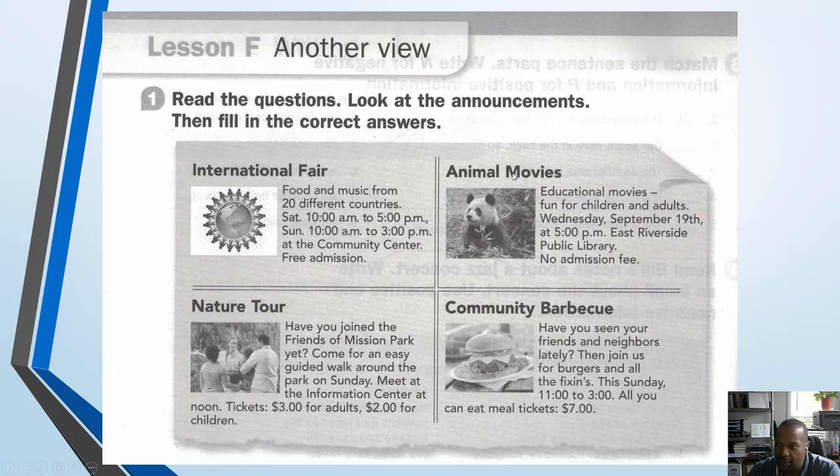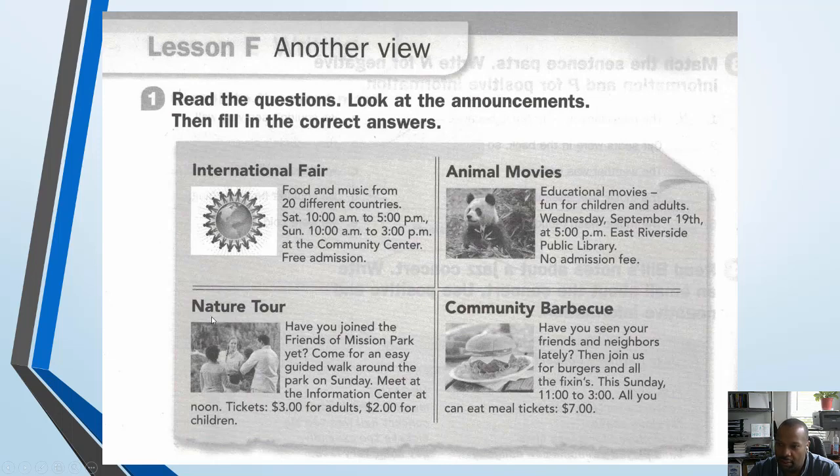The next one is Animal Movies. Educational movies, fun for children and adults. Wednesday, September 19th at 5 p.m. East Riverside Public Library. No admission fee.